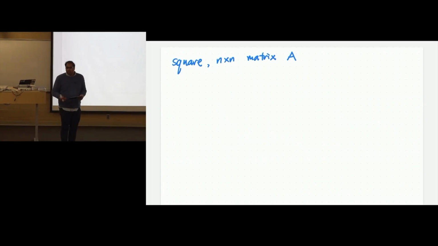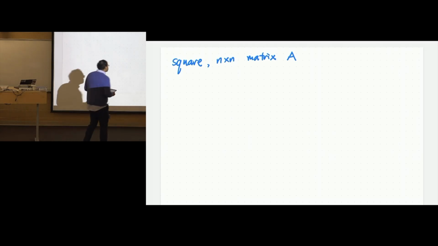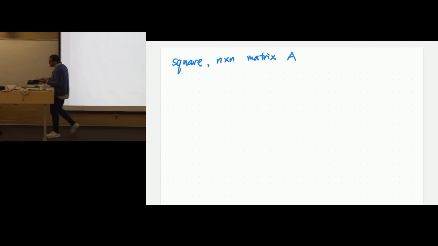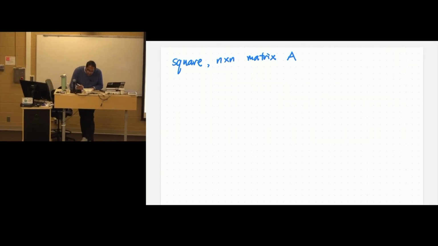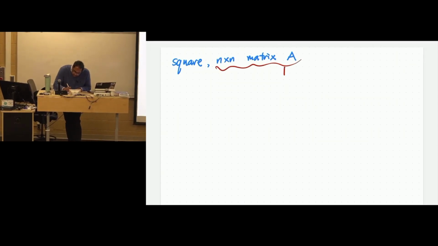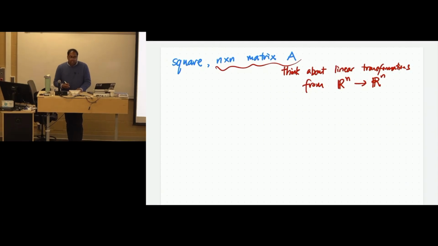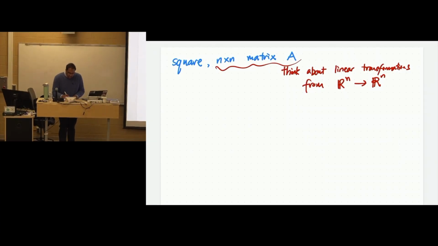Or maybe it's just none of those and it's just some arbitrary transformation that we would still call a linear transformation, right? So we're working with square matrices, which means you should think in terms of linear transformations from Rn to Rn. But indeed, as we just heard, an eigenvector